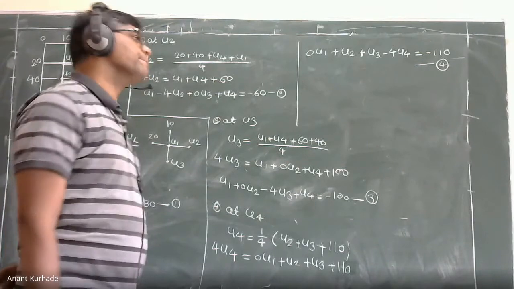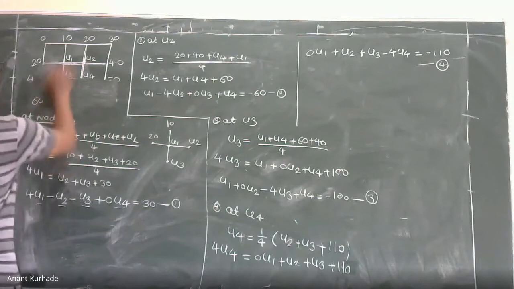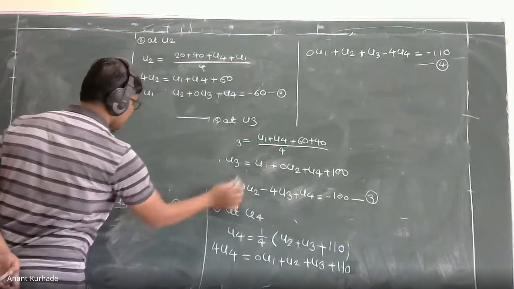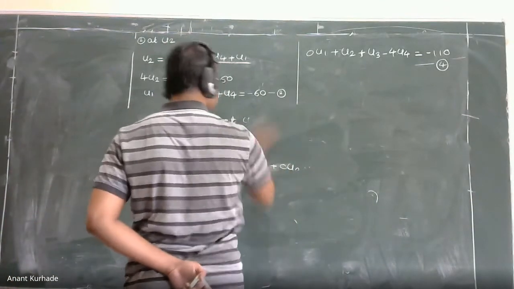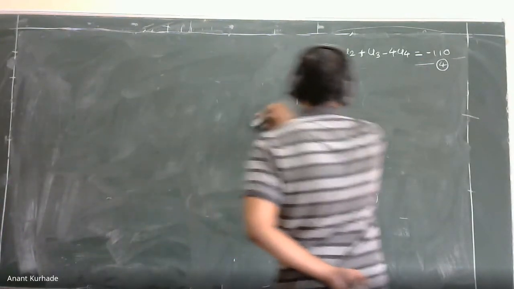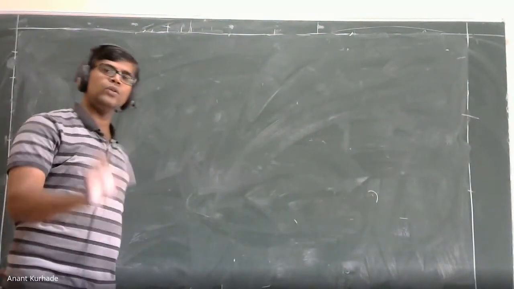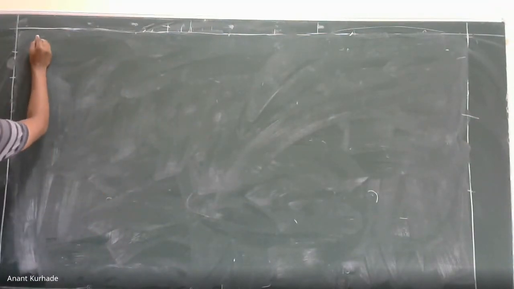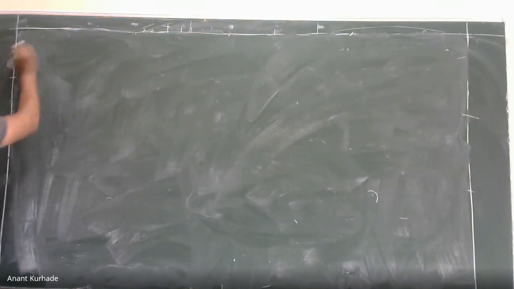Okay, now just tell me those four equations. Tell me all four equations. In this case, u1 first, then u2, so maintain the sequence or pattern while forming the matrix. Initially try to maintain this sequence: first u1, u2, u3. If any is missing, then take the coefficient as 0. Now tell me your first equation. What is that equation?